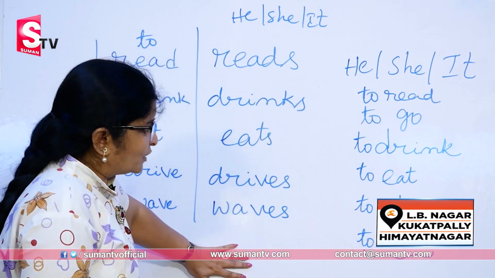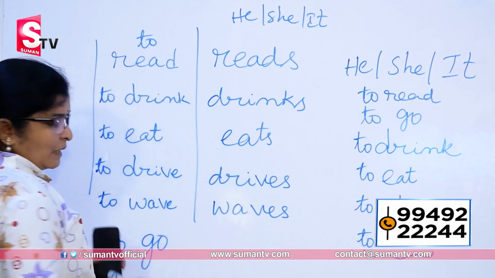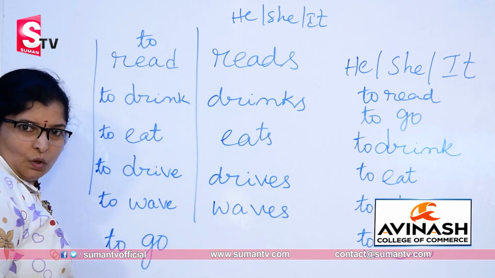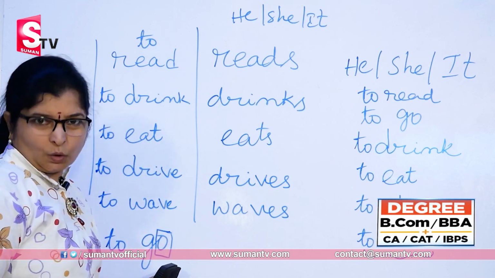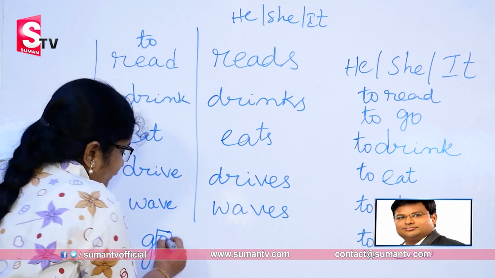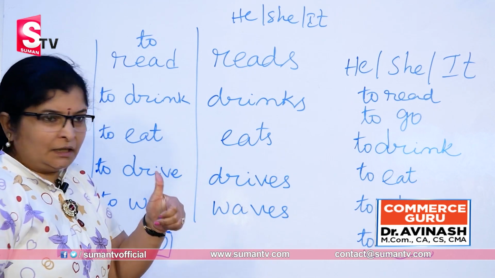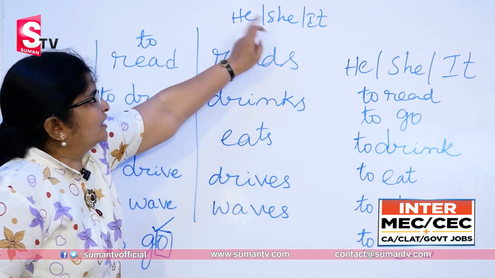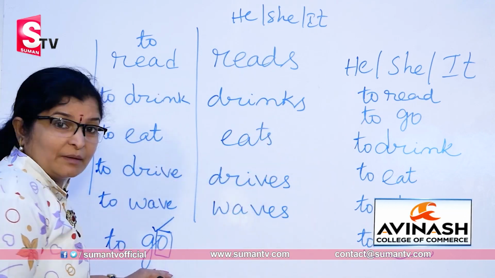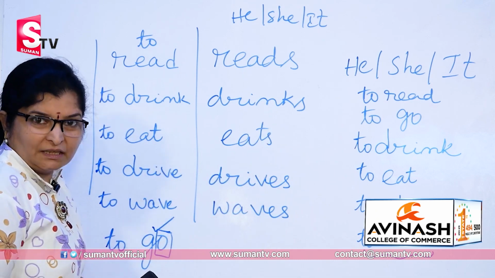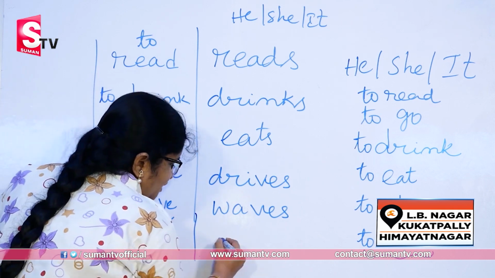Now another one, to go. Is it? Now in this to go, this is ending with what? Good. O. Well, whenever the verb ends with o, what's the thumb rule? Add s to the verbs when he, she, it is there. That's mandatory. Right? Now what happens here? Go. It ends with o. Whenever the verb ends with o, this changes to